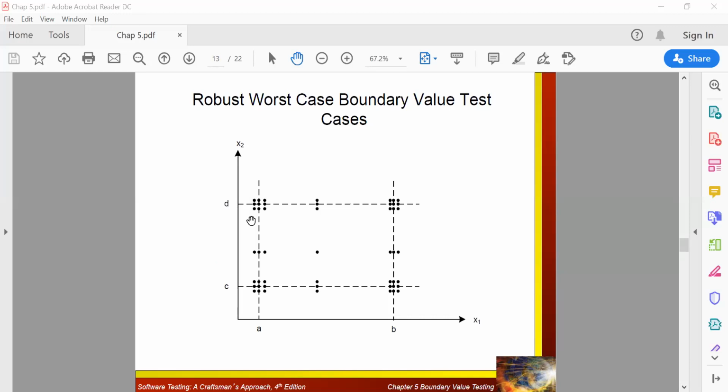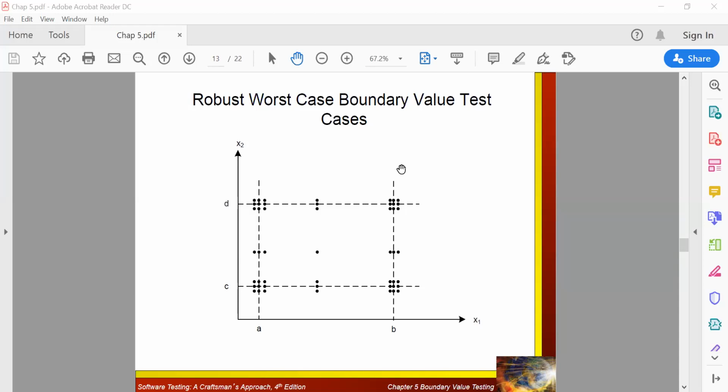It holds good for any boundary value testing analysis. But worst case means we are considering not only single points, but also the points where the minimum and maximum meet, those points are also considered. That's what worst case says. One value behind that particular member is nothing but robust worst case boundary value analysis.